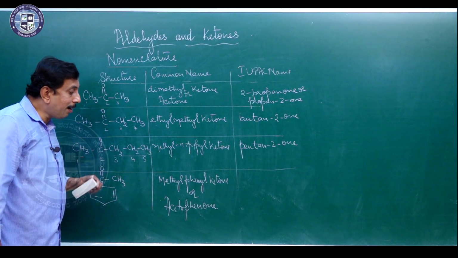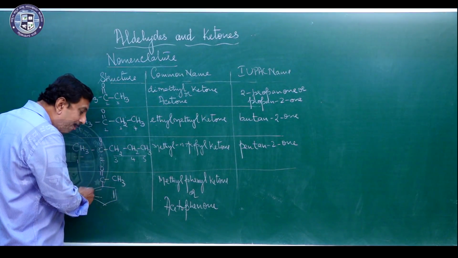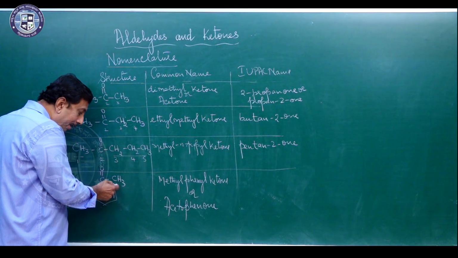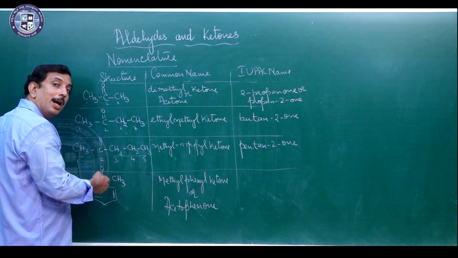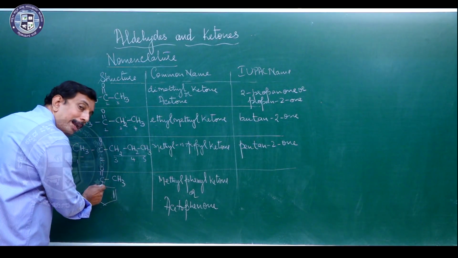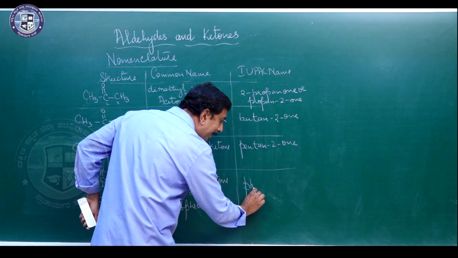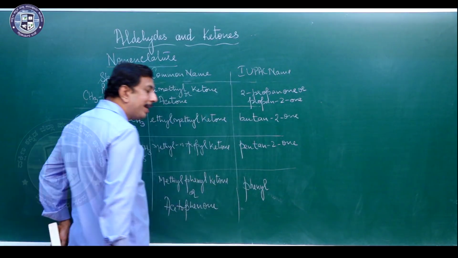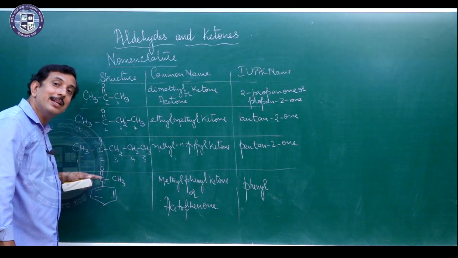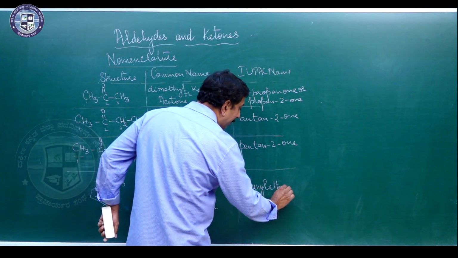Now, if I want to name this compound in the IUPAC system, then we can take it as a derivative of an aliphatic ketone. What is that derivative? A derivative of the 2 carbon ketone, and the 2 carbon ketone is ethanone. So, therefore, this group, that is the benzene ring, is now considered to be the substituent here, and when it is a substituent it is called phenyl. The C6H5 group is acting as a substituent and it is now called phenyl, and the name of this compound is phenylethanone.